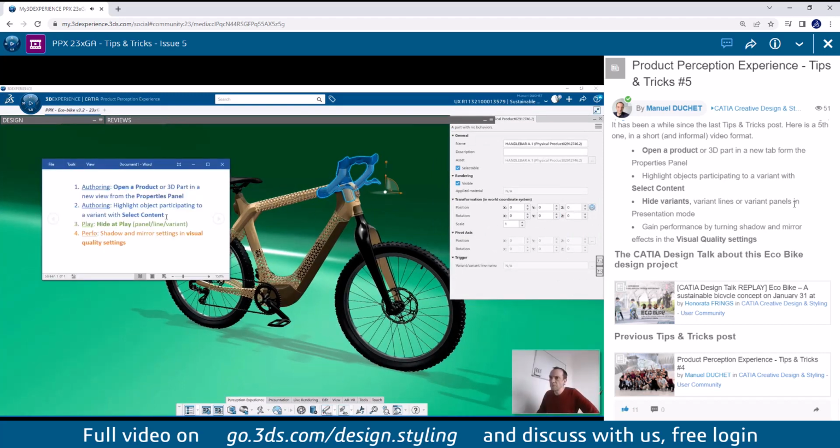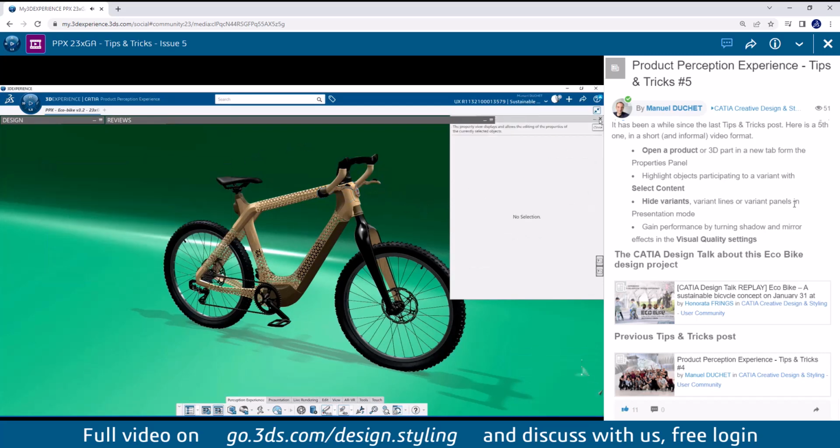Second tip, still about authoring, is about how to highlight the object participating to a given variant. So we have 3-4 types of variant that can contain object: product variant for visibility management, position variant for position management, material variant as it is defined by the object and the applied material, also simulation result variant, and human variant. So that's 5. Let's take as an example for these tips